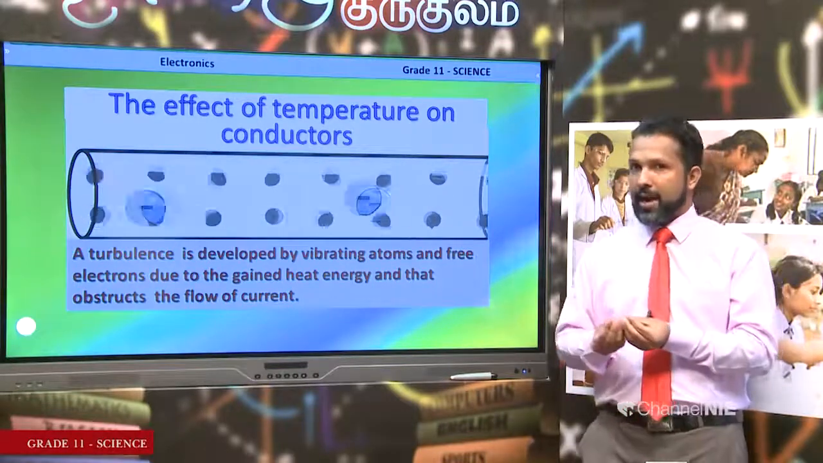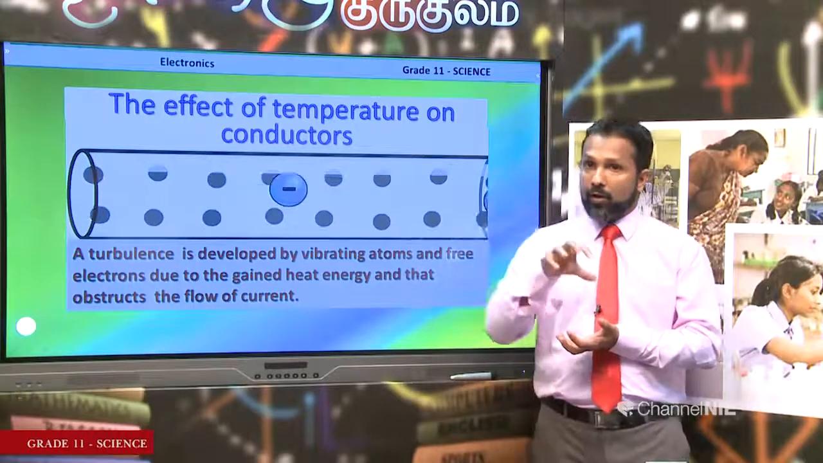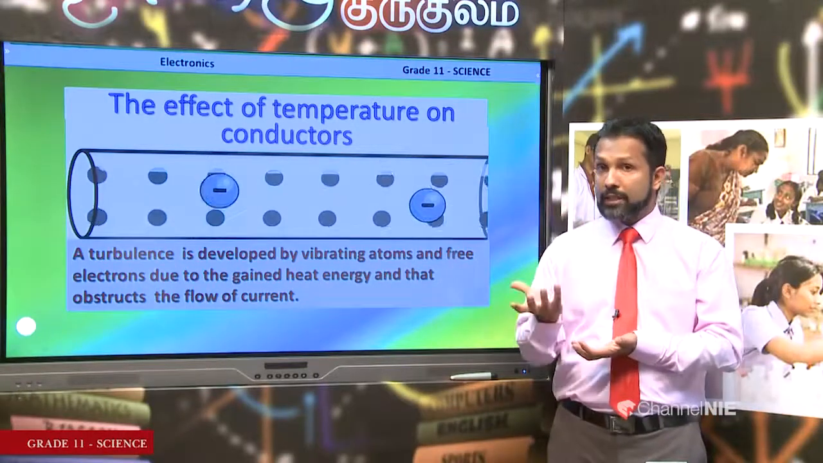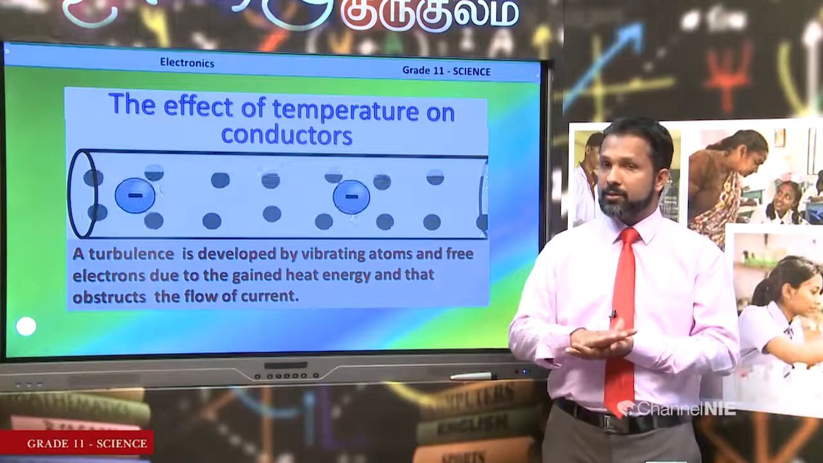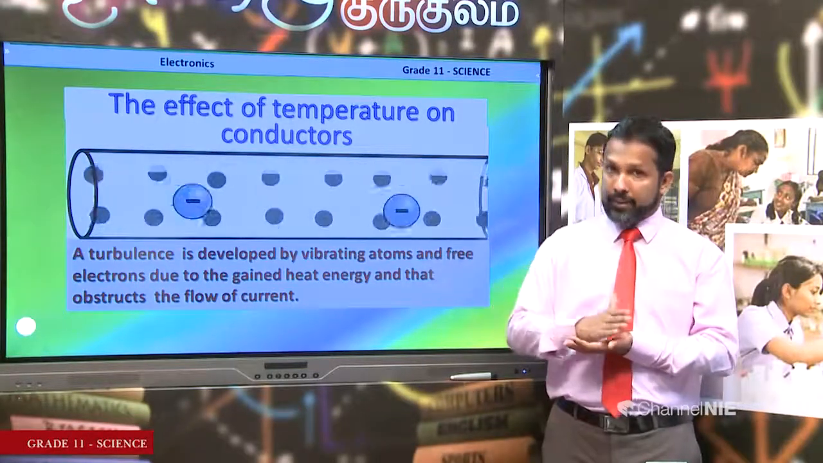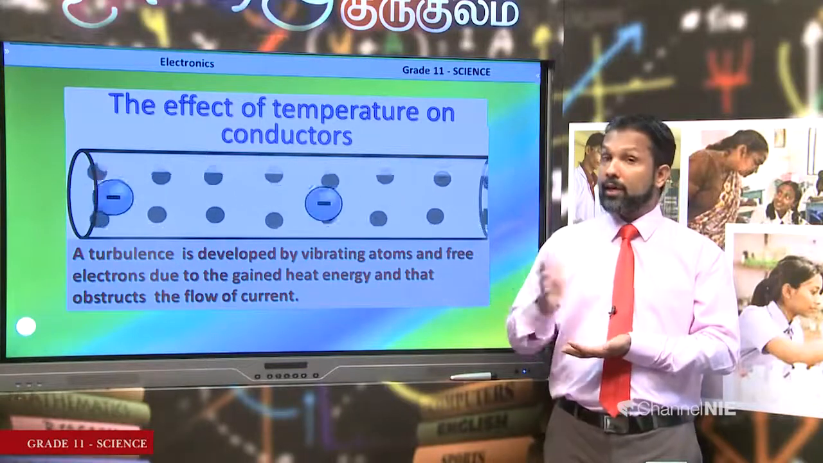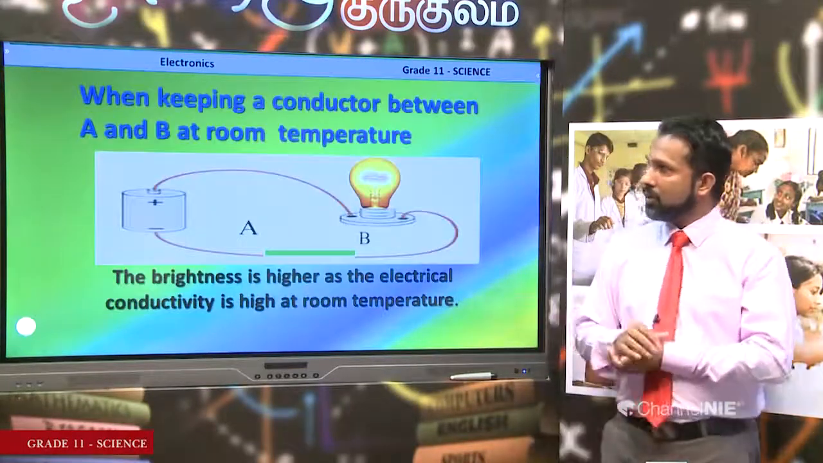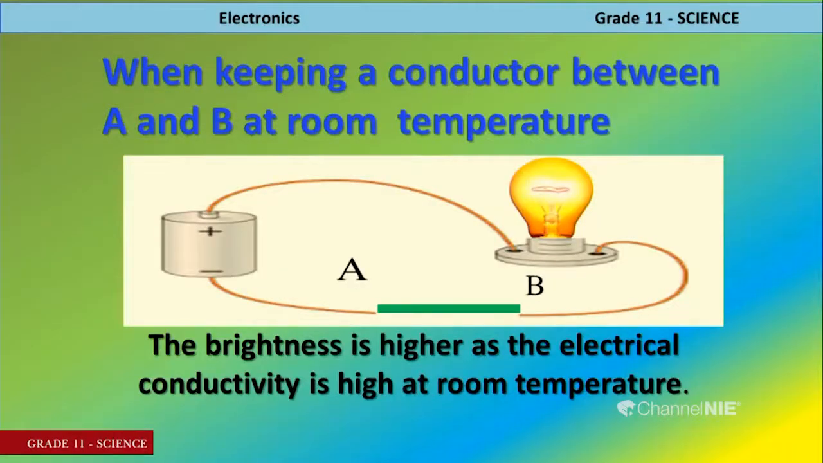So, we can understand the temperature effect on semiconductors. How does it affect? When the temperature increases, the conductivity of semiconductors increases, but the same temperature affects conductors in a different way. How? When keeping a conductor between A and B at room temperature, you can see the higher brightness of the bulb. The brightness is higher as the electrical conductivity is high at room temperature because we used a conductor. Now,